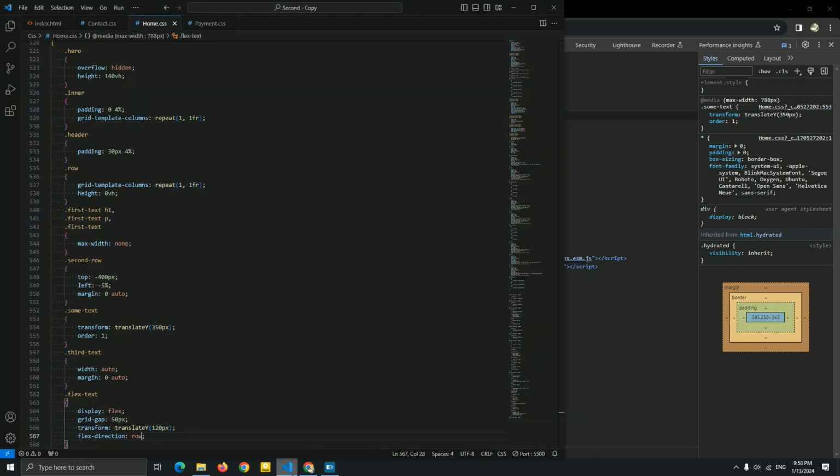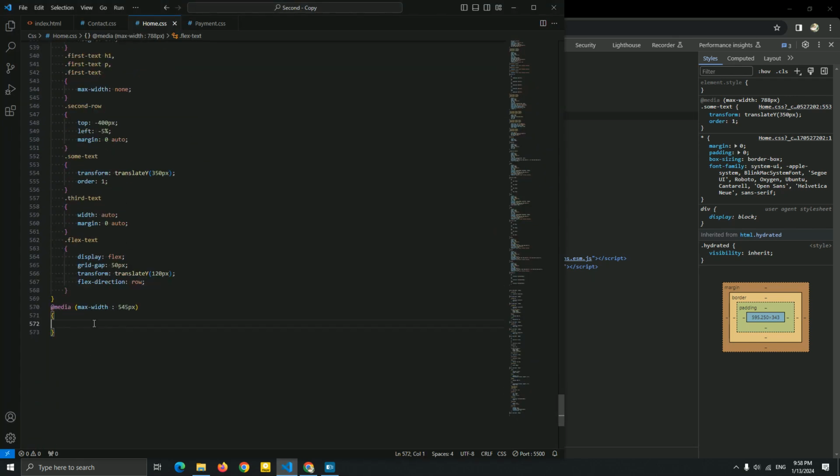Very good. Now let's go for the last media query, guys. For this home page, I'm gonna add h1. Okay, I'm gonna add a font size 2.3 rem. I'm gonna just copy this, paste it for the p description.